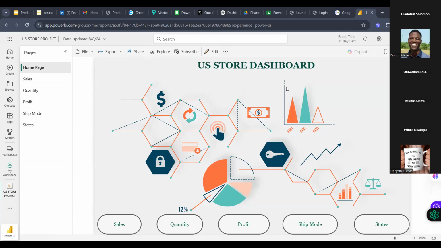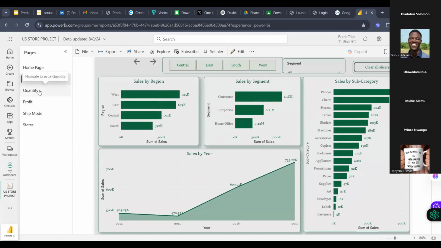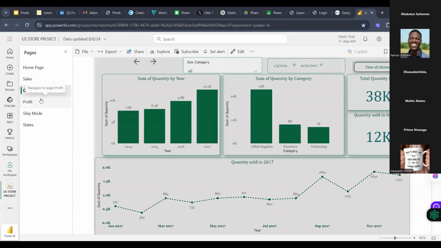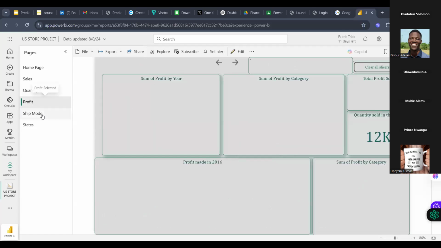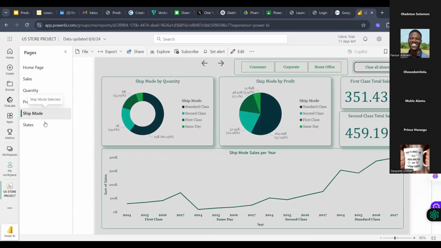From the definition that I gave earlier, this is a report that we've contributed. We are able to navigate to, there are 5 pages, or should I say 6 pages on this. Each of them taking us to various pages with various functions, with various visuals, where we can derive various insights from. So do you think this is a report or this is a dashboard?